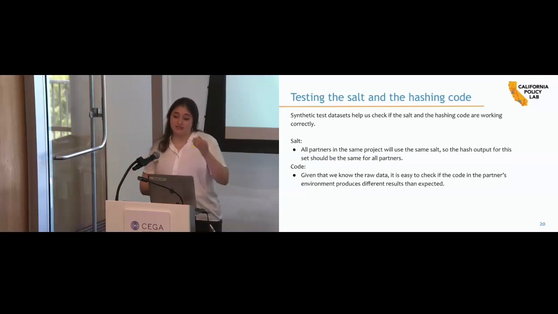We cannot see the salt, we cannot see the PII. What we're trying to do is include as many quality assurance checks as we can before they even begin hashing. The last thing you want to do is have someone hash a million records and then realize that it was hashed incorrectly. So what we do in this step, before they jump into doing the full hashing, is we send